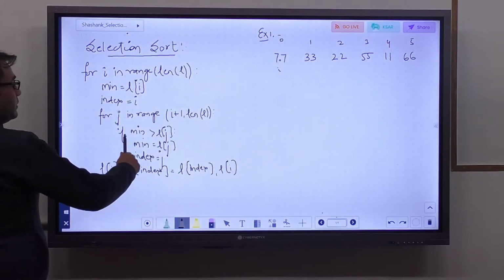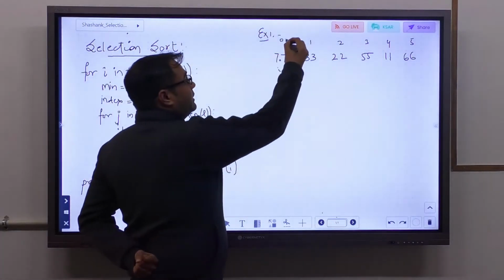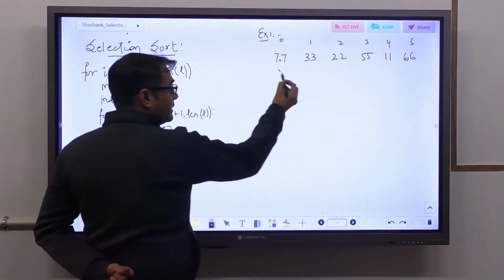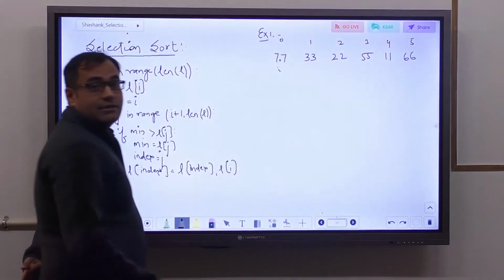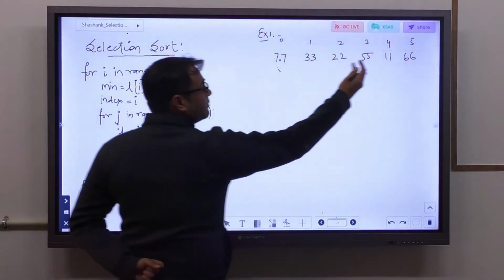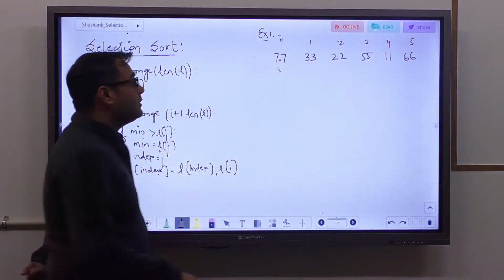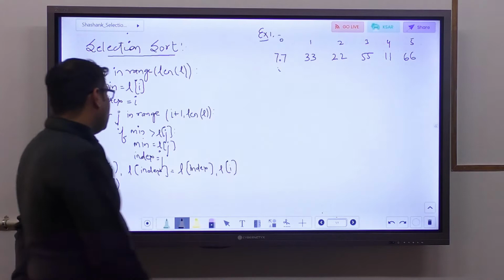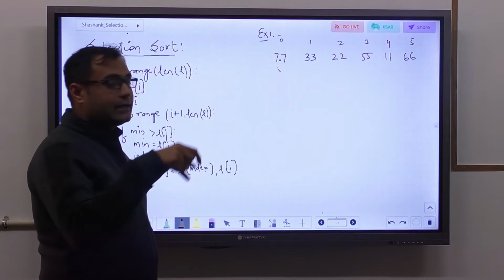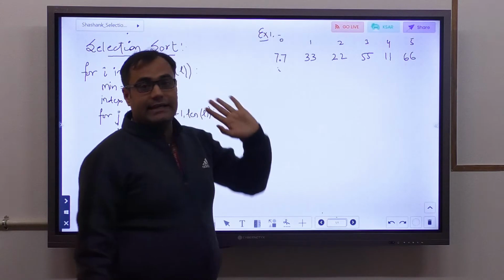In the next step, if minimum is greater than L of J, that is, if the first element we took as minimum is greater than the elements in the J loop, we will take that smaller element, write its index, and swap the minimum element found with the first element.